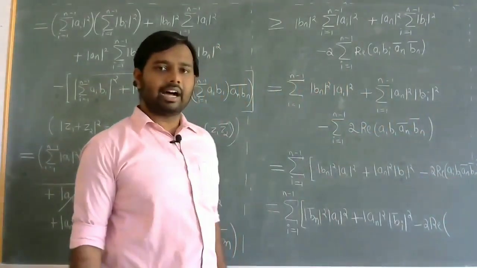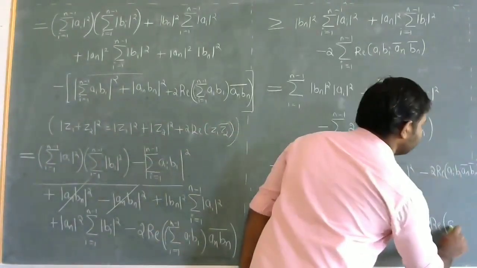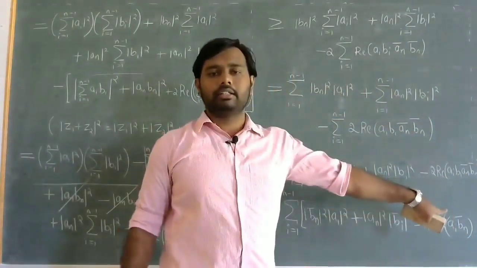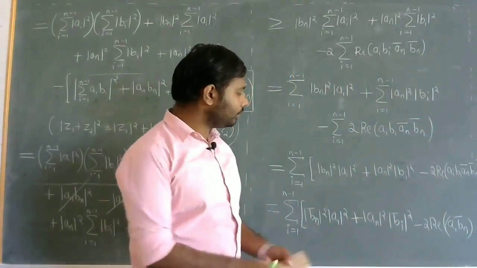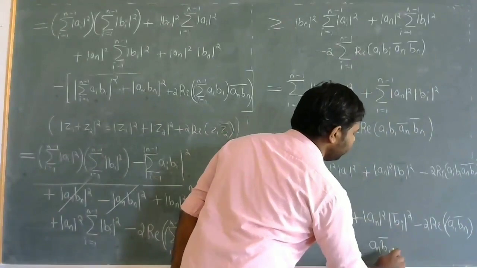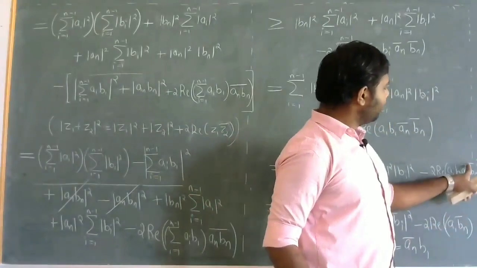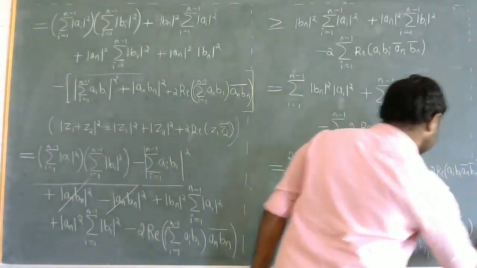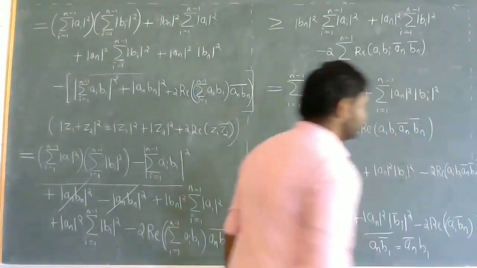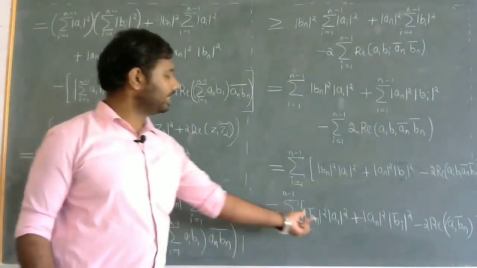Here I'll adjust. How I'll adjust is, what is z1? Ai into bn bar. So ai into bn bar, it's ready. Into, there has to be z2 bar. Z2 is what? An into bi bar. So z2 bar, its conjugate, will be an bar into bi. So I can write it as an bi bar whole bar. Right?